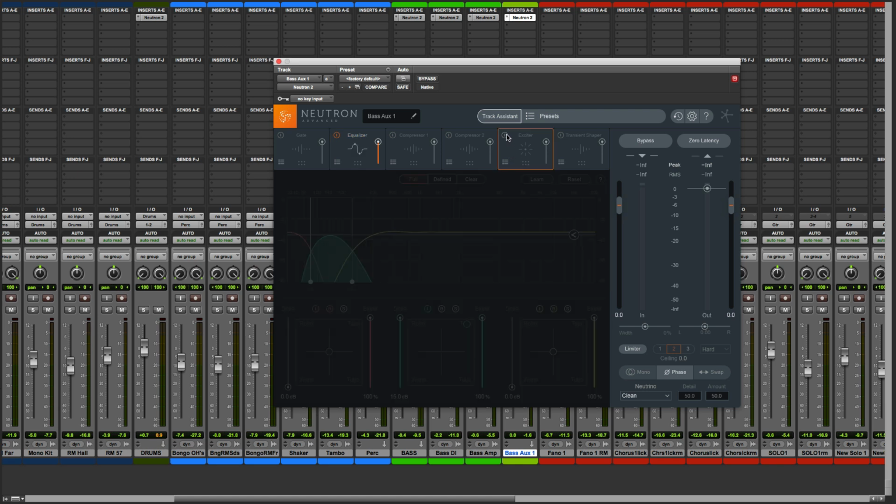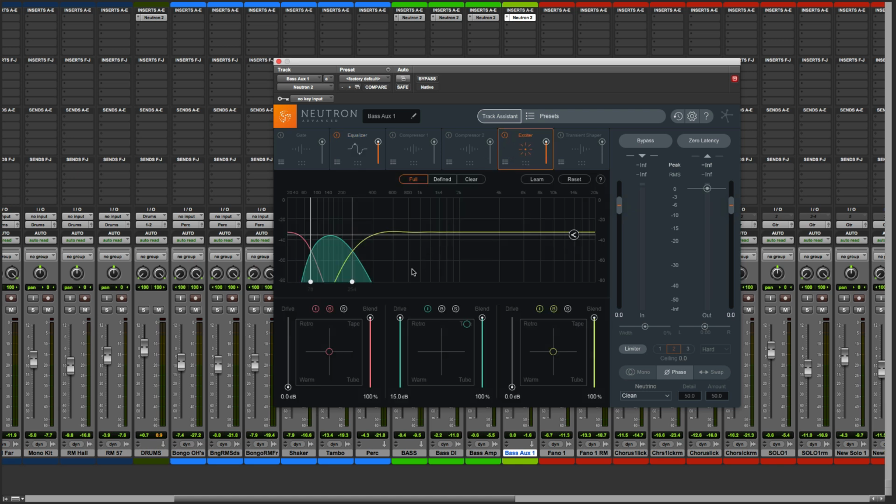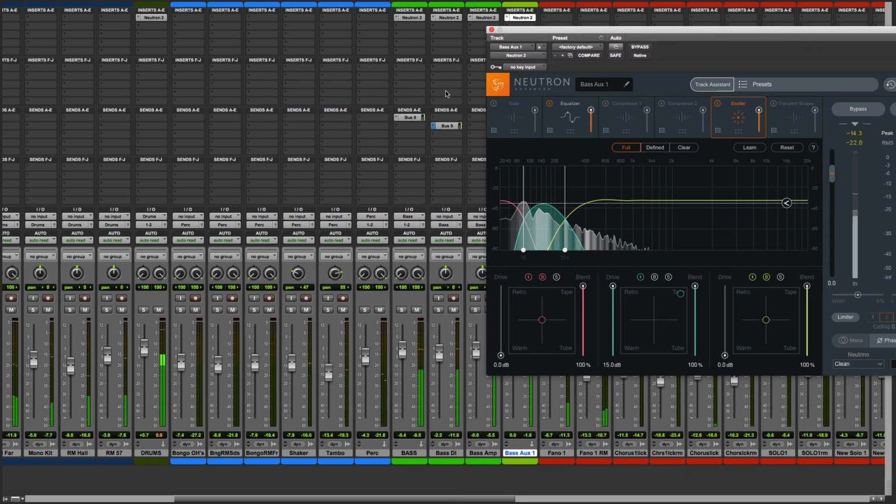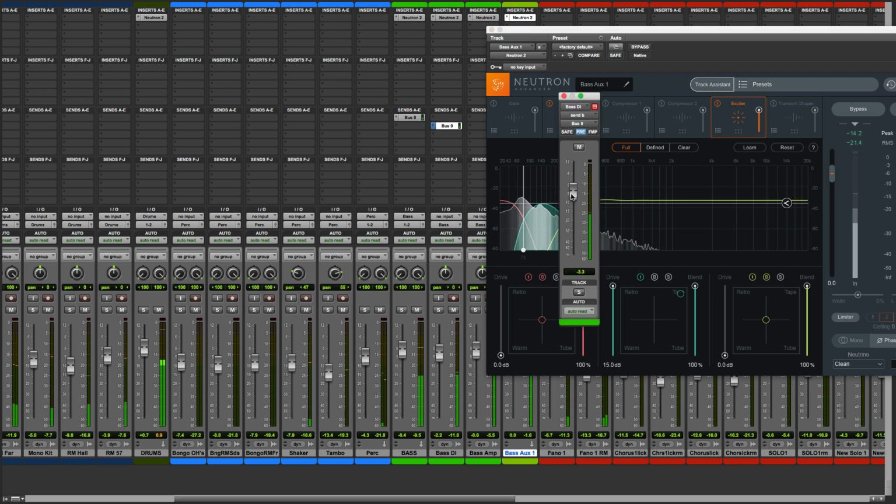So I'm going to go over there, turn it on, and as you can see, I've already created a bit of a system here whereby the middle band is all the way over here to the tape algorithm, and this is intentional. You don't want a lead guitar kind of distortion. You want something warm and rounded. And I have this active just in the middle band. I have these bands engaged in position, but they're bypassed, so we're not actually getting any distortion to the upper frequencies over here, just what's happening in here. So once you have your desired effect in, you can go over to the bus and dial it in to taste.